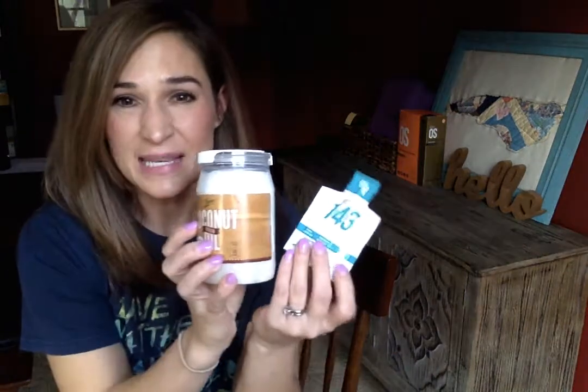The next thing that you can do to make yourself feel better or to keep yourself from getting the keto flu is to eat more fat. You can add coconut oil to your food, you can add MCT oil to your food, or you can just add this to your coffee or your tea. You definitely want to increase the fat in your diet. Your body has to have something to burn. So if you switch over to burning fat for fuel and you don't have enough fat, then your body just